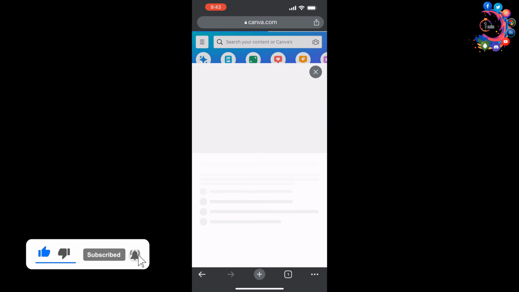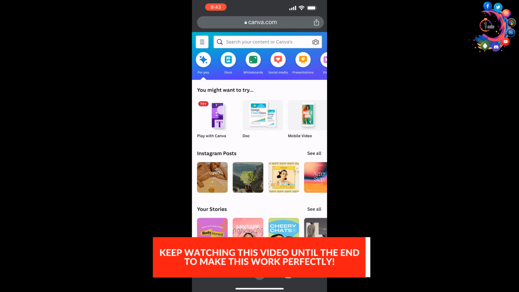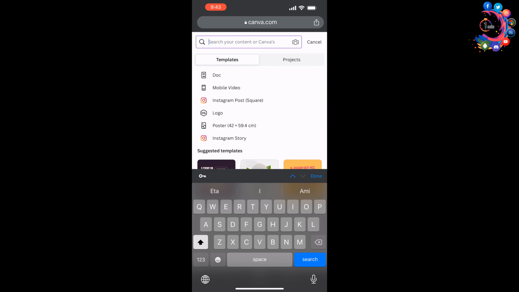If you're here for the first time, you have to create an account. You can use your Google or Apple ID to create a new account here. So create an account, and after that, tap on this search box here and type